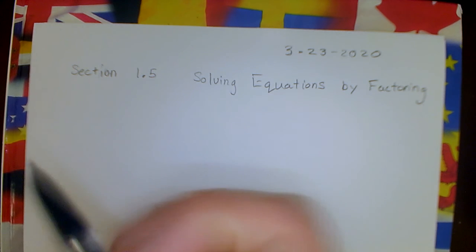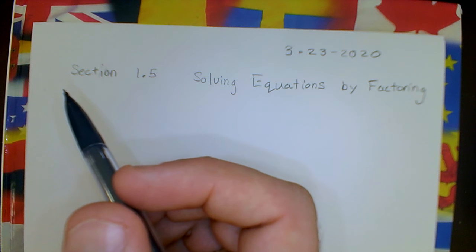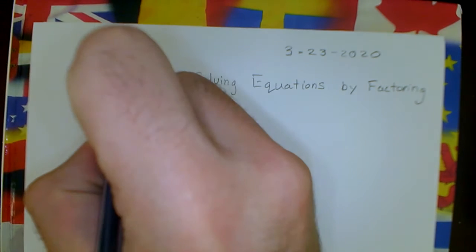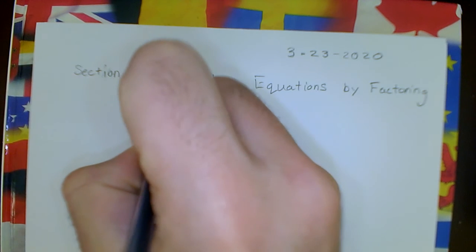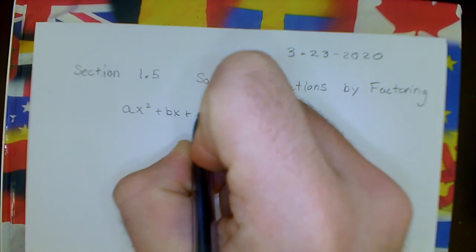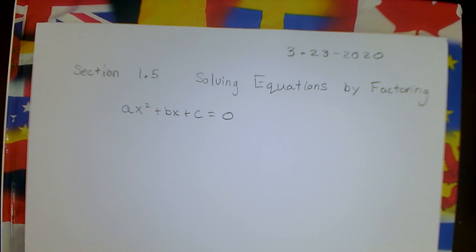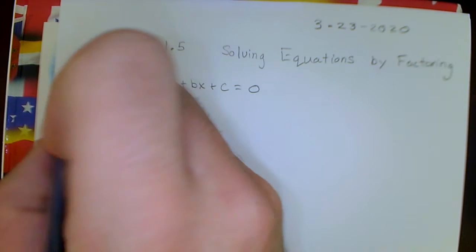Okay, so we've already seen some of this. Last time we talked about solving quadratic equations by factoring. Remember, quadratic equations are equations that take this form here: ax squared plus bx plus c. So for example today, in this section they might ask you to solve